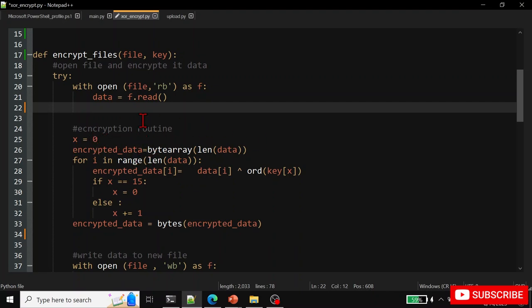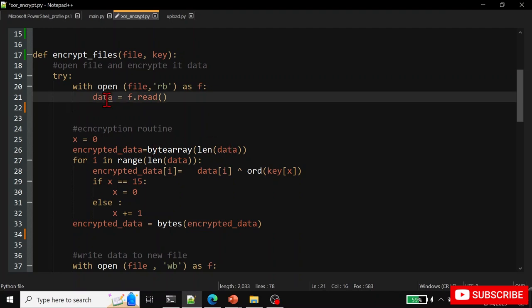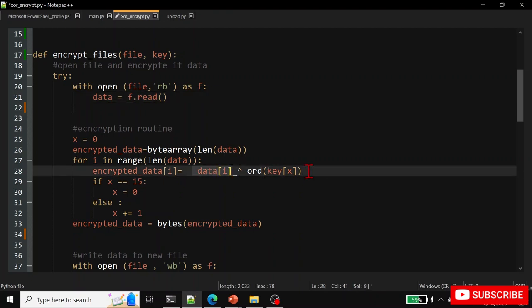So we're gonna create a byte array that has the length of the file, and for the length of this file, we will encrypt the data with the first element of our key, and you